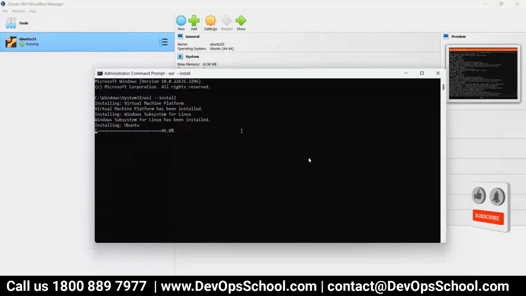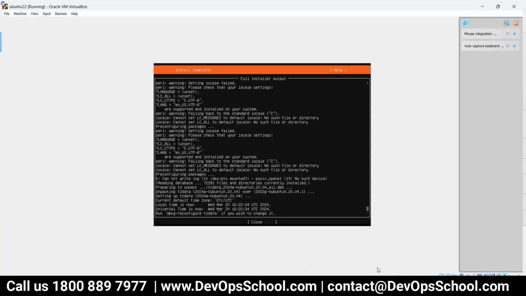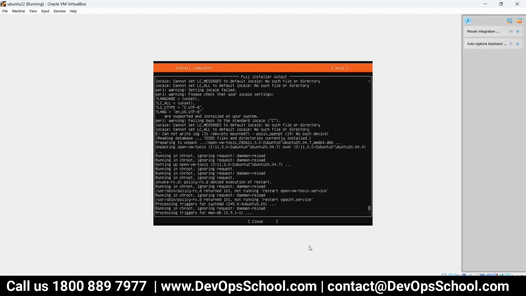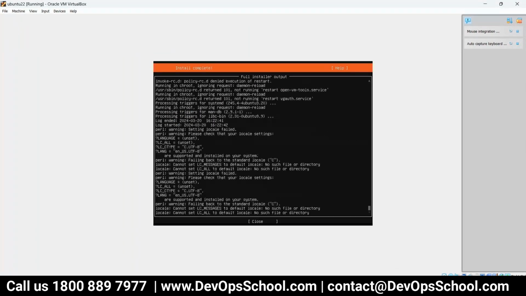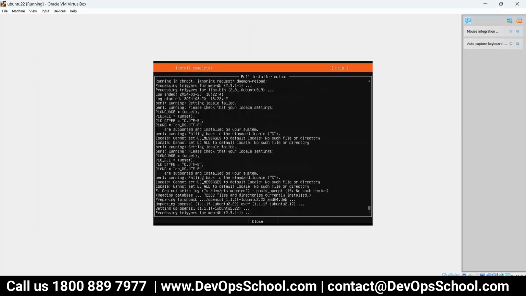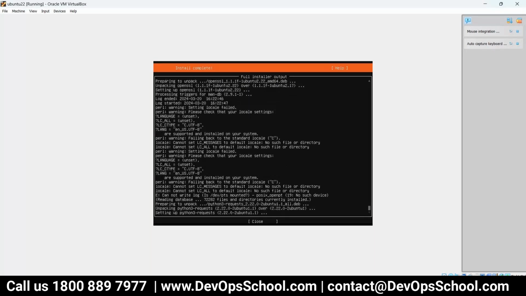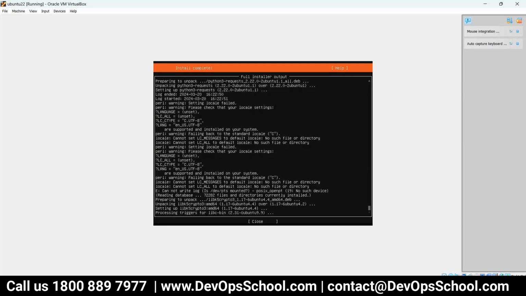Okay, so WSL is installed. Now guys, the utility which you need to run the WSL file system got installed. So here, if you see, this is done. Now the question is what you need to do. You need a Linux file system, but you have to decide which Linux distribution you want. Do you want Ubuntu or something else? For that you have to go to